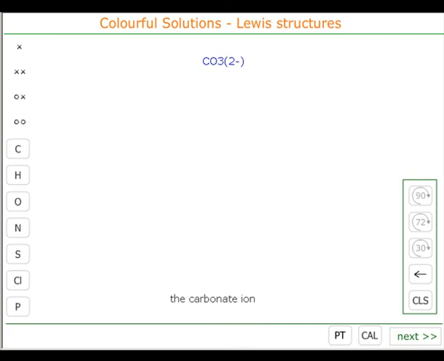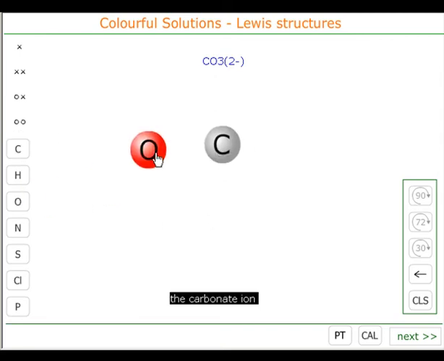The Lewis structure of the carbonate ion. The carbonate ion has the formula CO3 and carries a 2 negative charge. So if we're to do our accountancy, we need carbon and 3 oxygens,